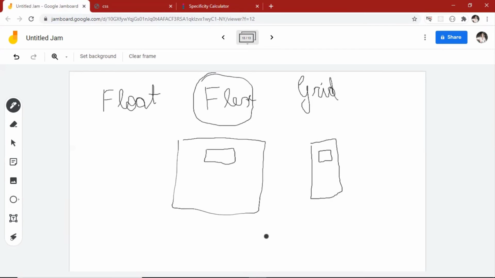Or let's say you have a website this big and you have two elements right here and here. Fine, the distance is here, the distance is here and all. When the page gets shorter, you still want distance between them. So flex will help you make them smaller and the distance will remain the same. It will maintain the aspect ratio.